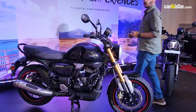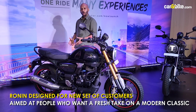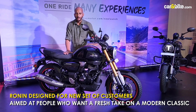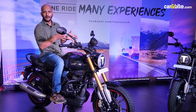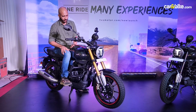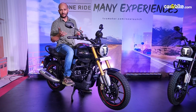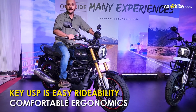According to TVS, the Ronin has been designed for a completely new set of consumers who don't want the typical modern classic like a Royal Enfield or a Honda Highness CB350, if you will, but something which is in the middle of a scrambler and a classic modern classic Roadster, that kind of a design like a Royal Enfield Classic 350. And this one has been designed primarily keeping in mind easy rideability. That's what TVS says. And when you sit on it, the first thing that comes to mind is the ergonomics